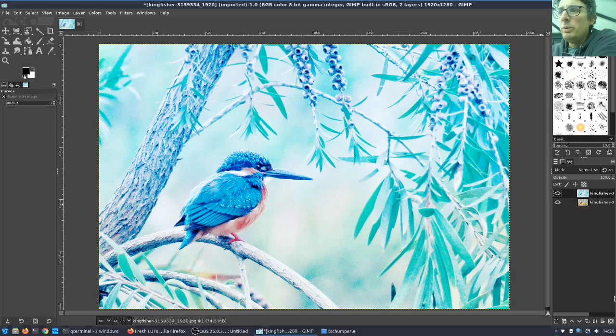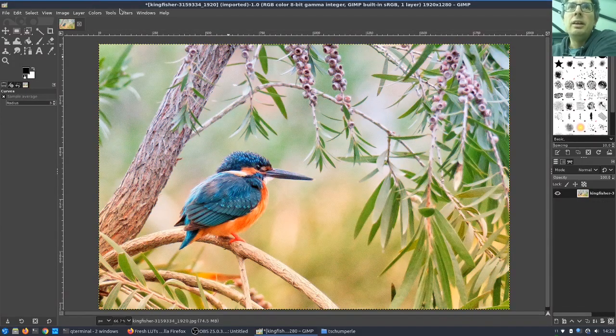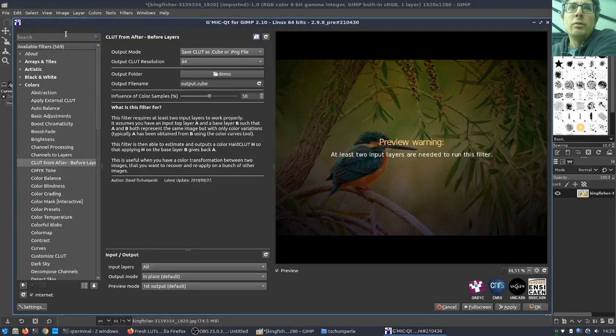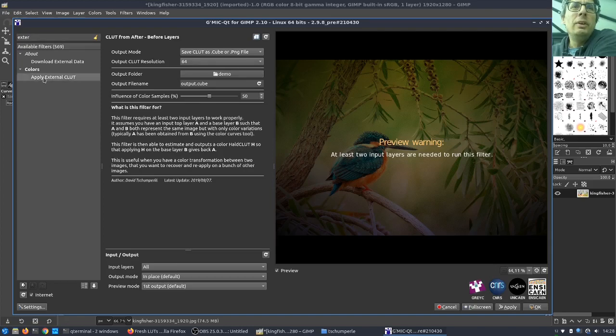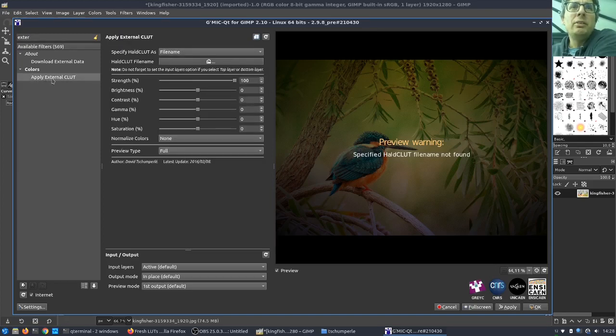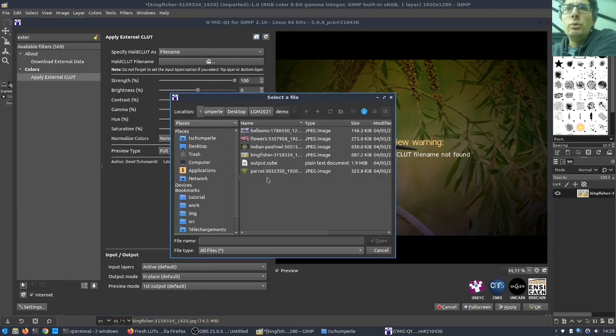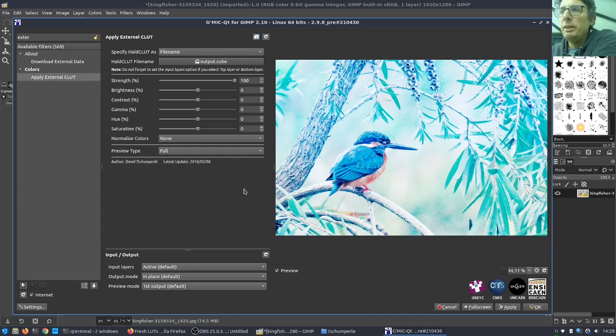So now I can remove this layer and invoke G'MIC again and choose the filter colors, apply external CLUT. In this filter I will be able to choose my output cube file that has been saved by the previous filter. And you see that you get exactly the same effect as before.